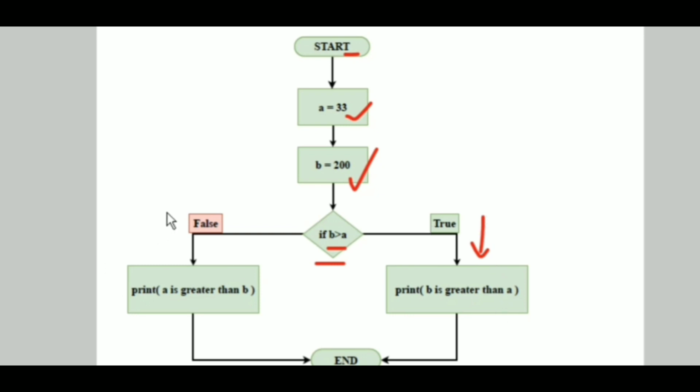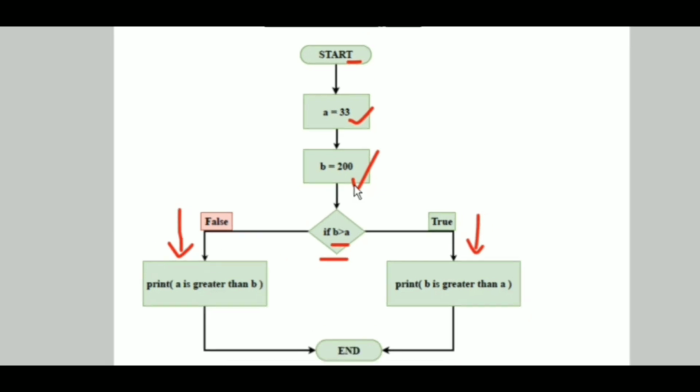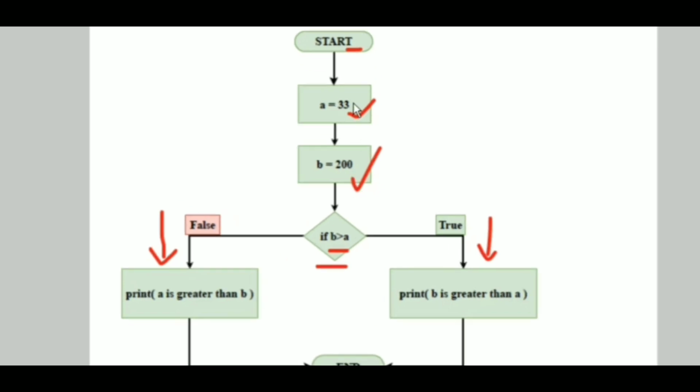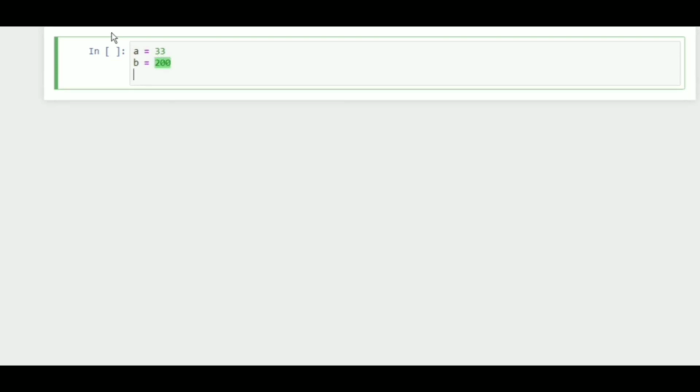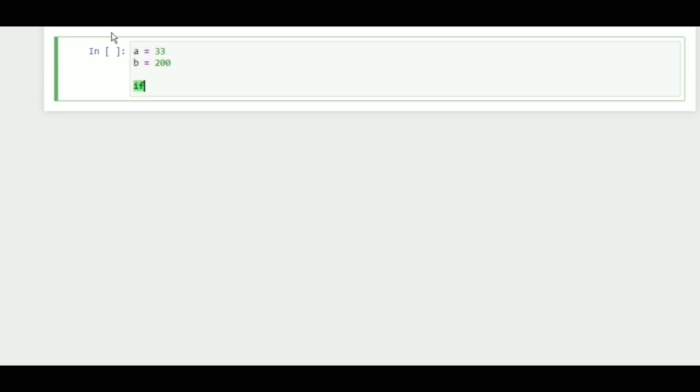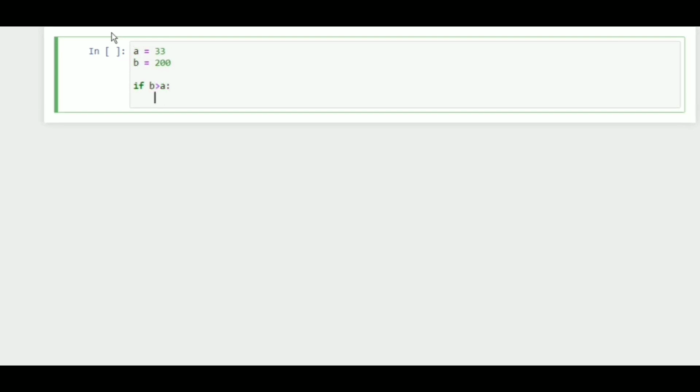If the value is true, we will follow this path. If the boolean value is false, we will follow this path. Since b is 200 and a is 33, b is greater than a, so it will print b is greater than a, and that will end the program. So first we define a variable a whose value is 33 and b whose value is 200, and then we check whether b is greater than a or not.